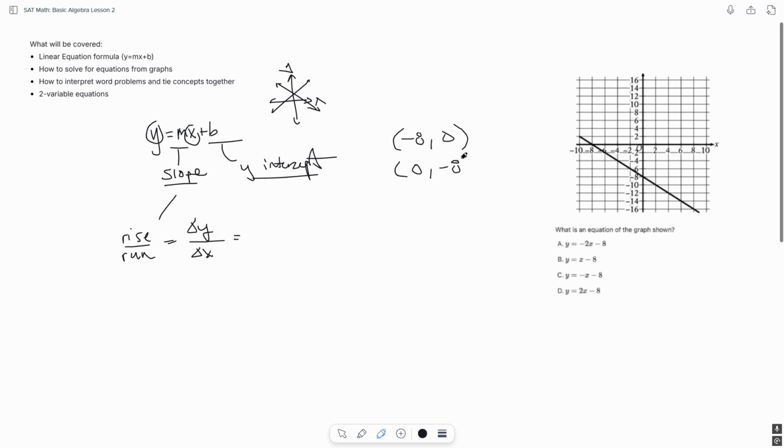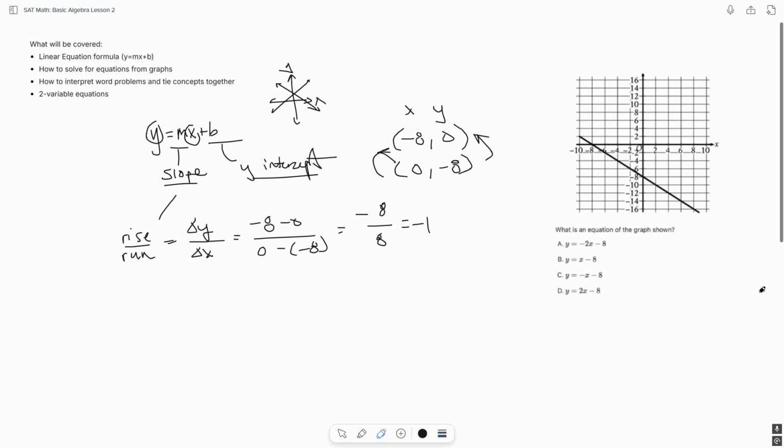negative 8. Well, for change in y, we're going to do negative 8 minus 0. We're going to go this way. Doesn't matter which way you go, but make sure that both sides you're doing it the same way for each side. So if we do negative 8 to 0, we're going to do 0 minus negative 8. So if we have negative 8 minus 0, that's negative 8. 0 plus 8 is 8. So the slope is negative 1,